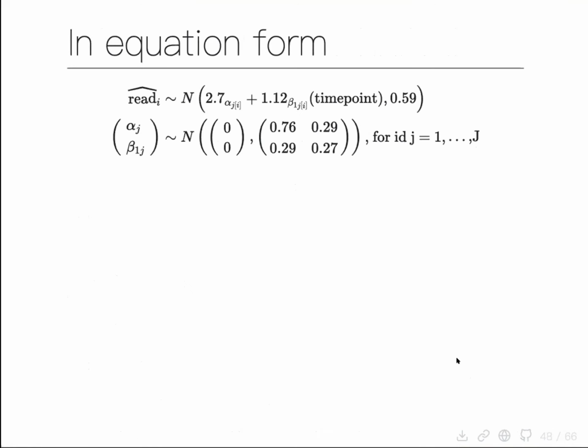Okay, so in equation form, it's going to end up looking like this. We have our reading scores assumed generated from a normal distribution that has a mean of 2.7 for each alpha, plus 1.12 for each beta. So this is actually a bunch of them. And then with a standard deviation of 0.59. And then these two are assumed generated from a normal distribution with means of 0, and then these standard